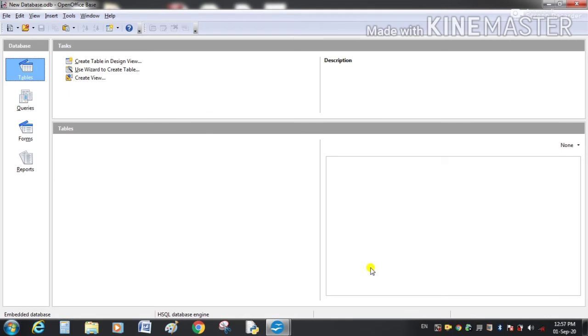So from here we will create a table in our database. We know the wizard is the option with which we can easily do our work, so we will create our table with the help of this wizard feature. Use wizard to create table. Click here.